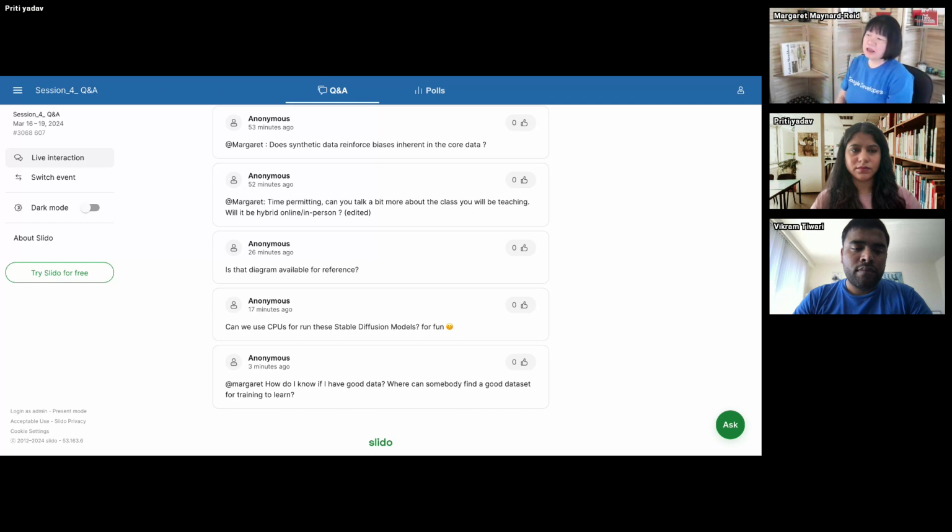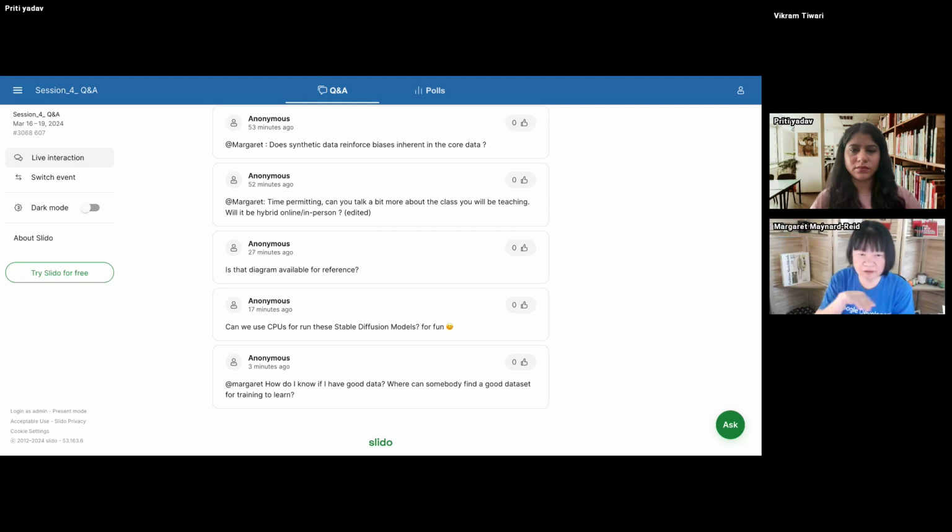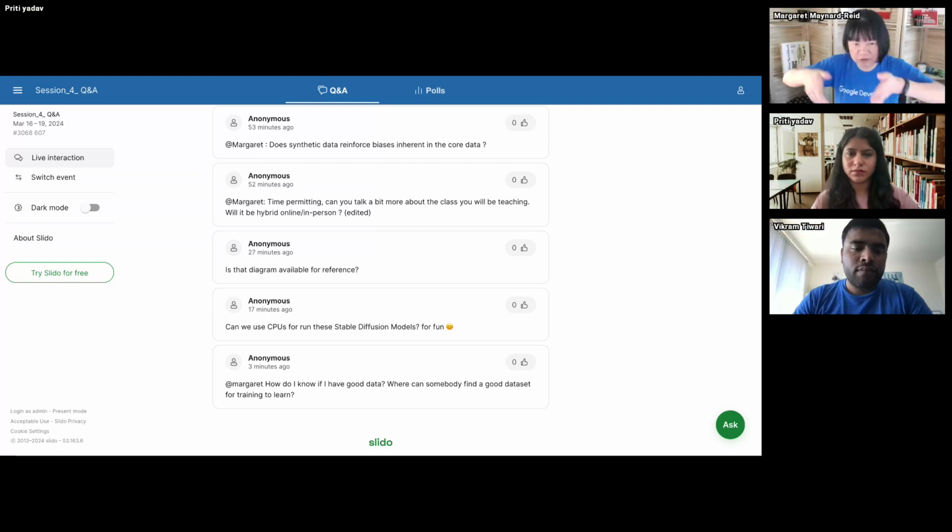Another thing is that data has different types. There's structured data and then unstructured data, right? Structured data would be like rows and columns, like in a spreadsheet or a database. For that kind of structured data, to identify whether or not the data is good, you can look for duplicates, dedupe, and look for missing data.